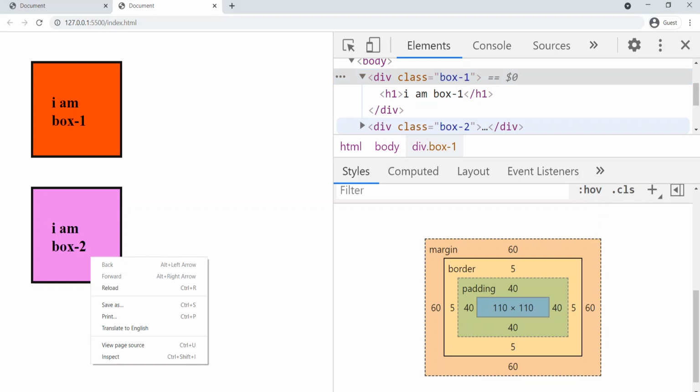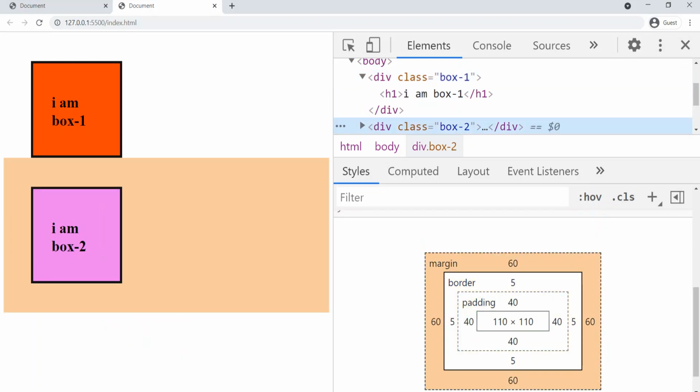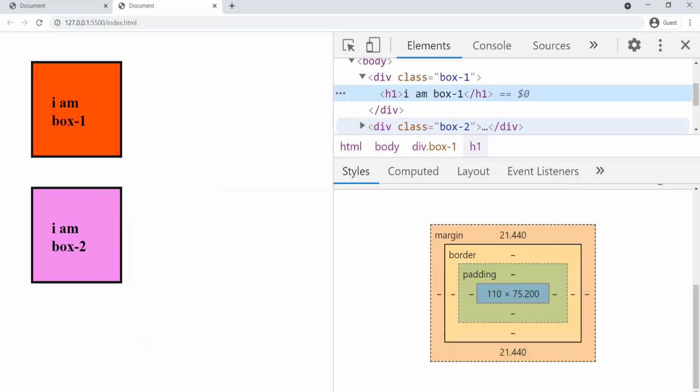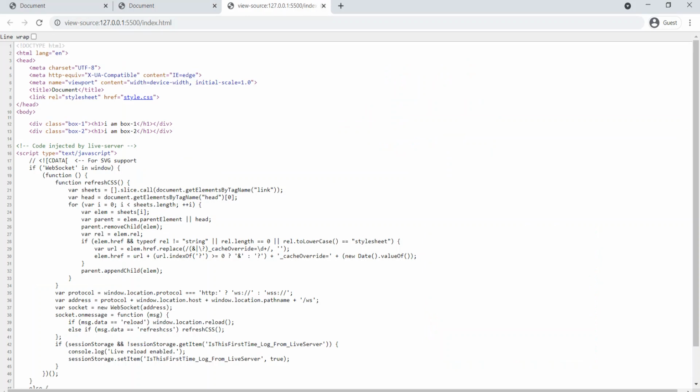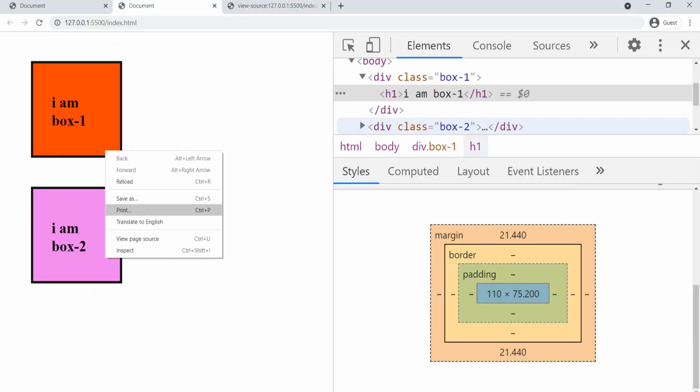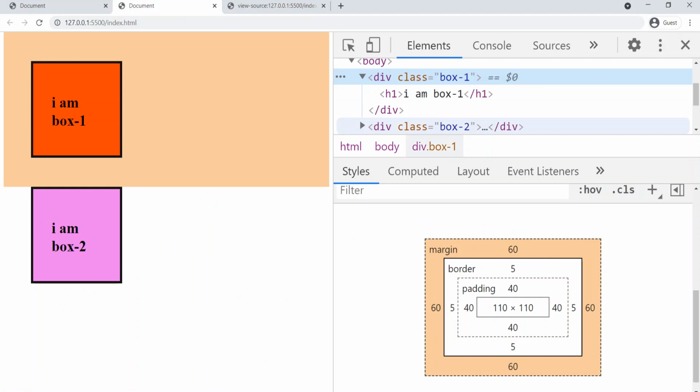Now if I hover on the second box, you can see I have margin top as 60 pixels. If I inspect that first box, not here, sorry, not page source, here. You can see I have margin bottom as 60 pixels. So here margin bottom 60 pixels is there, and here also margin top 60 pixels is there, but both are sharing only one margin, right? Only 60 pixels margin is shared, but I have given 60 to both. It means 120, but instead of 120, they are only sharing 60.